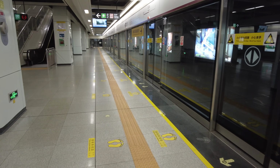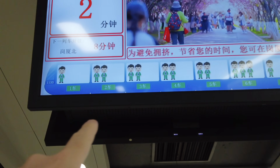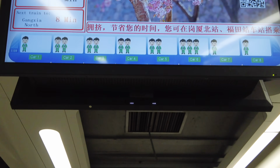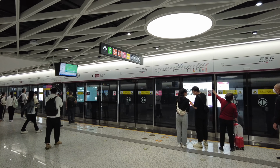Another safety feature, as well as a quality of life feature, is digital displays indicating how full each train car is. People can see the congestion on the train before it arrives, and they can move down the platform to prepare to board where fewer people are, speeding up loading and unloading, as well as preventing mass crush during busier